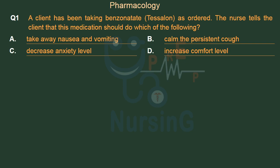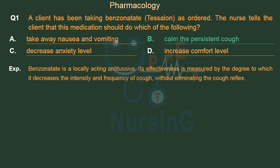Right answer is option B. Calm the persistent cough. Benzonatate is a locally acting antitussive. Its effectiveness is measured by the degree to which it decreases the intensity and frequency of cough, without eliminating the